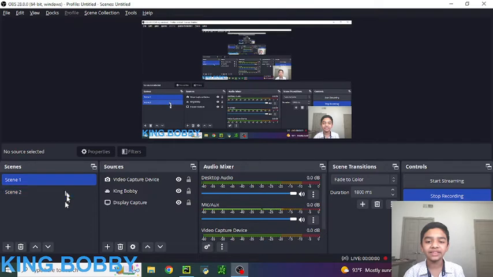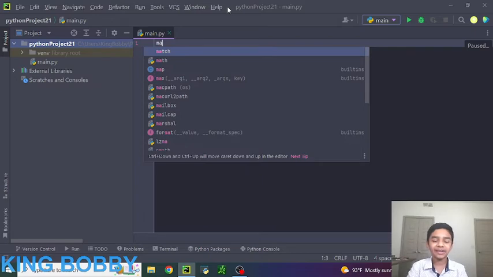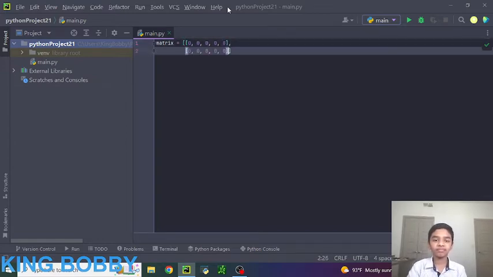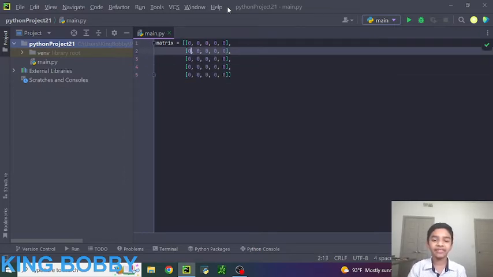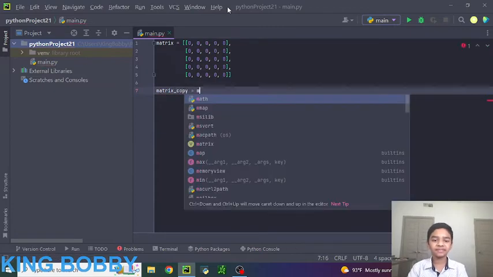In this video, I'll be teaching you how to create a 3D matrix and copy a matrix. First, go to PyCharm. The first problem with copying a matrix: if you create a matrix, this matrix has a length of 5 and a width of also 5. If you try to copy the matrix like this,